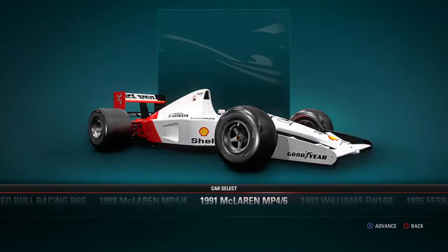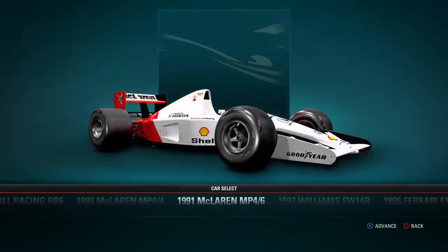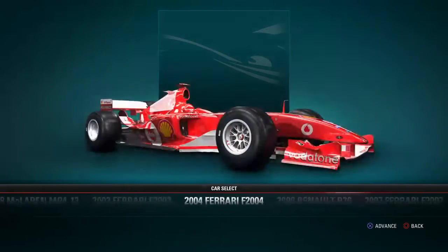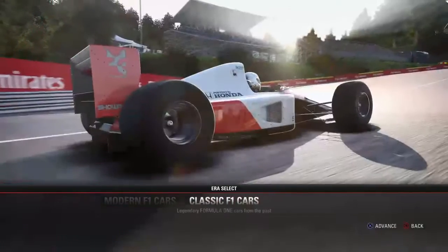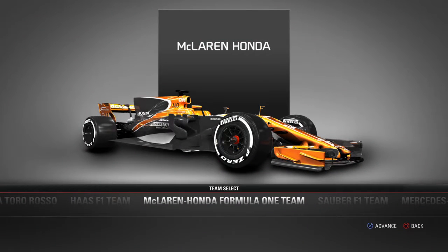And the cars that we've already used for this, basically, we've used the McLaren 1998, the McLaren 1991, the Williams of 1992. They were the three classic cars we've used so far in this time trial. And today we're going to be using the 1995 Ferrari and Fernando Alonso's famous World Championship winning car, the 2006 Renault RS26. And we're going to be putting them up against, once again, McLaren Honda's Formula 1 team,